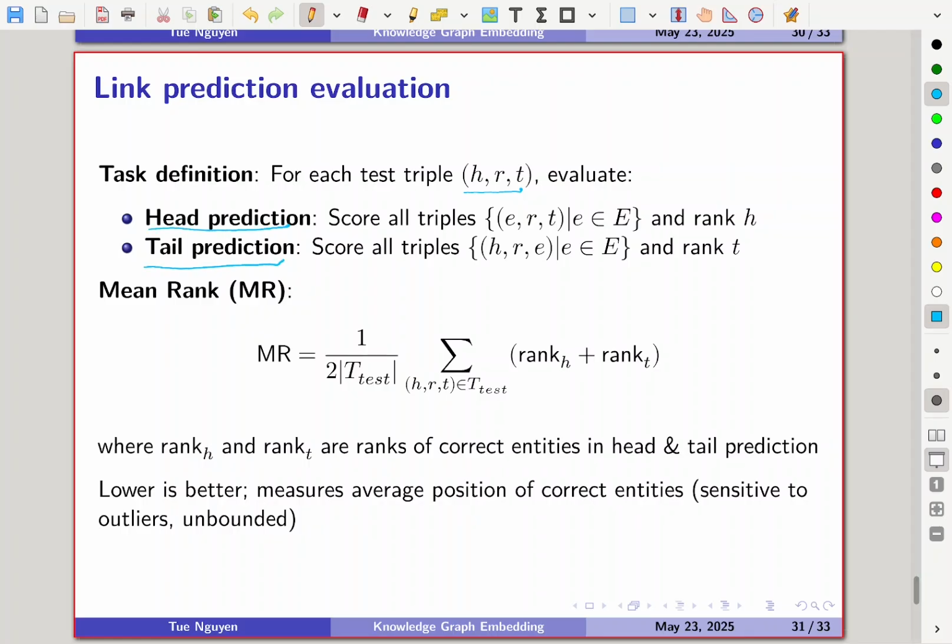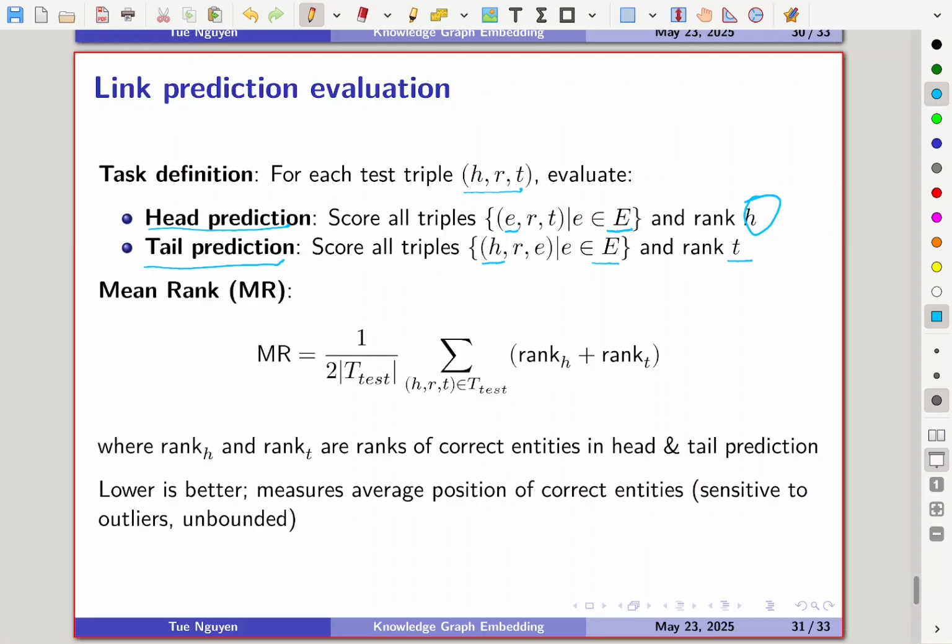For head prediction, we keep the tail fixed and replace the head with each entity in E, and we compute the rank of the true head. The same for the tail: we keep the head fixed, and we replace the tail with each entity in E, and we compute the rank